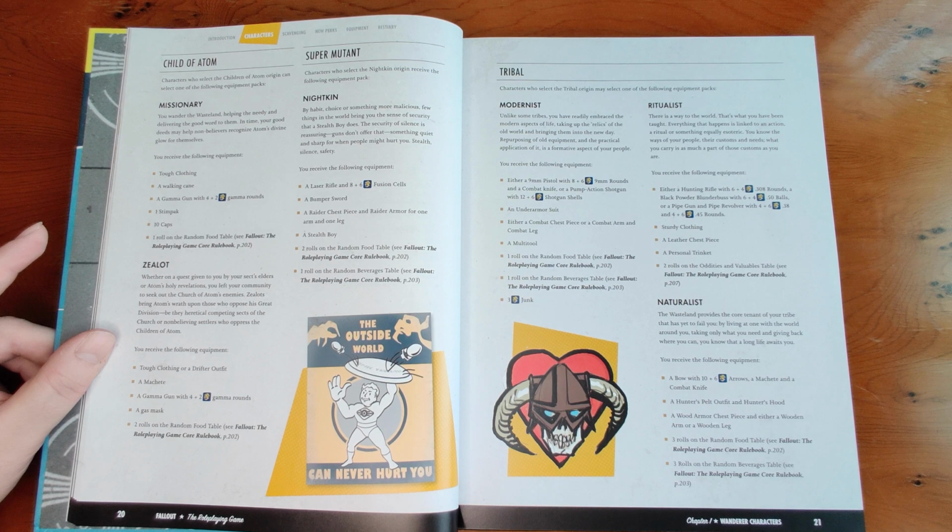aspect. So your equipment pack includes a hunting rifle with 6 plus 4 die .308 rounds, or black powder blunderbuss with 6 plus 4 die 50 caliber balls, or a pipe gun and pipe revolver with 4 plus 6 die 38 caliber rounds and 4 plus 6 die 45 caliber rounds. You also get sturdy clothing, a leather chest piece, a personal trinket, and 2 rolls on the oddities and valuables